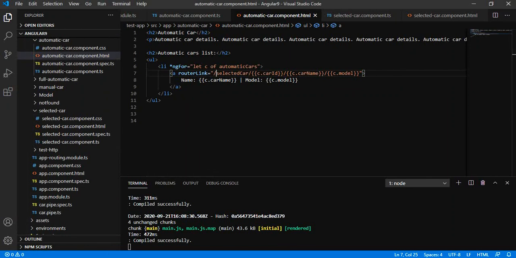Now we want to define a method that will navigate you back to the car list.